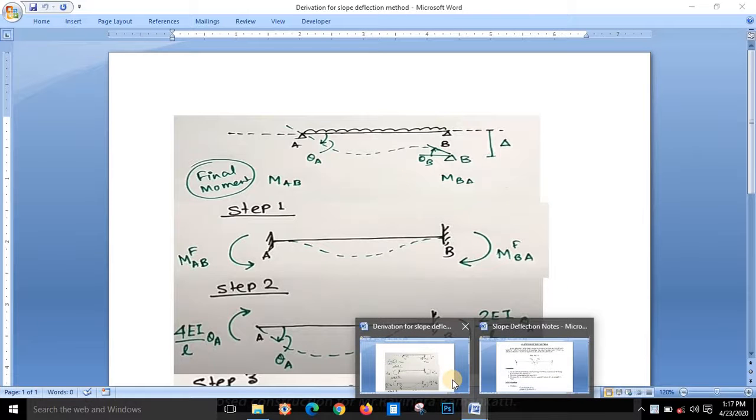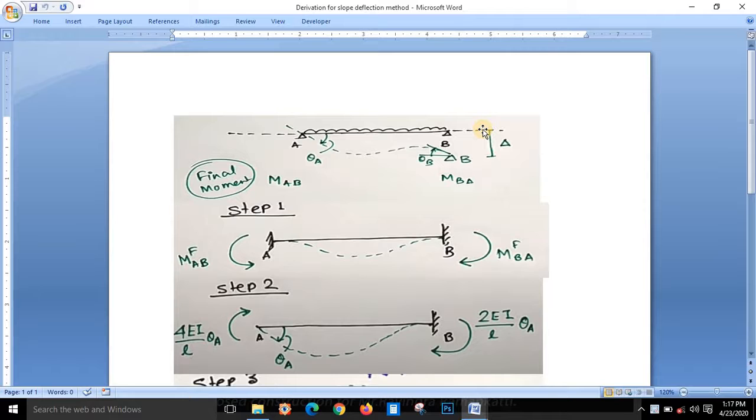Now if I want to study the basics of this particular theory, I would like to consider a continuous beam. In that I have considered an intermediate beam. So let us think that A and B are an intermediate beam, and this beam continues on this side also and this side also. To find the slope for this continuous beam, at point A let us think that theta A is the slope. At point B let us think that theta B is the slope. At A and B, support B sinks by amount delta.